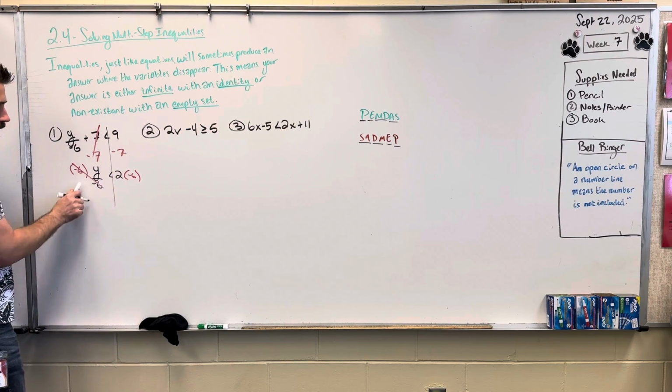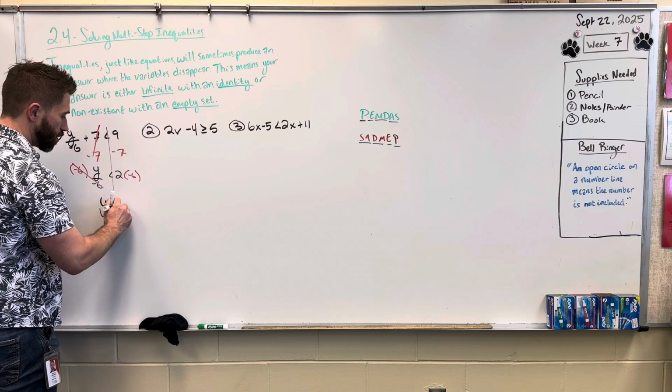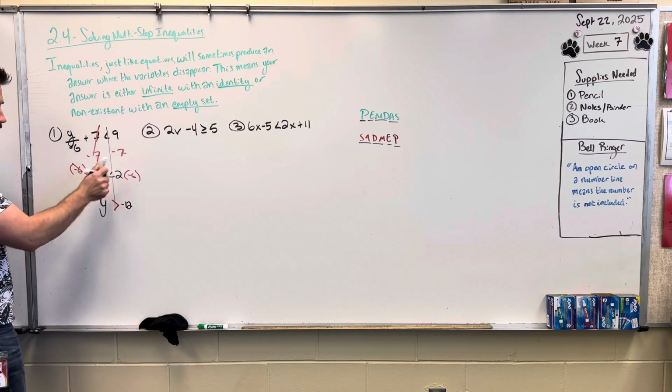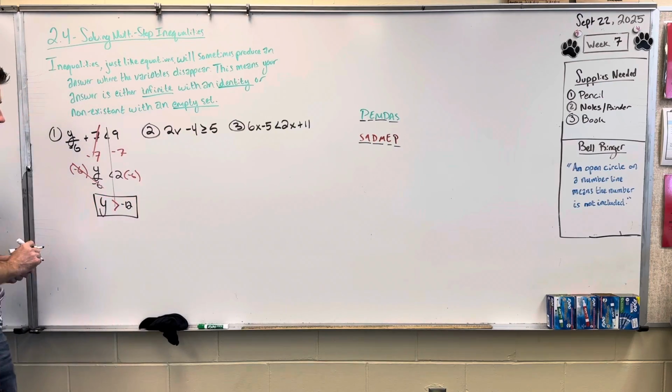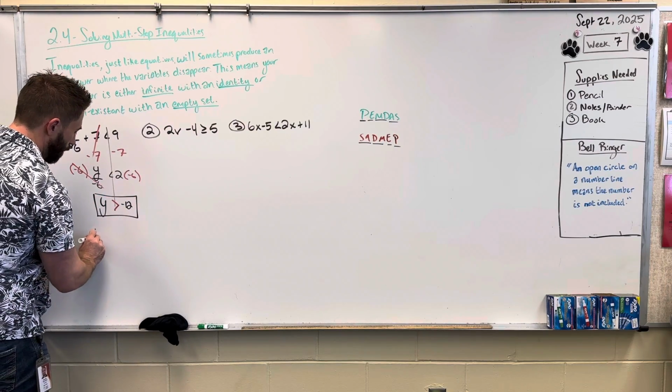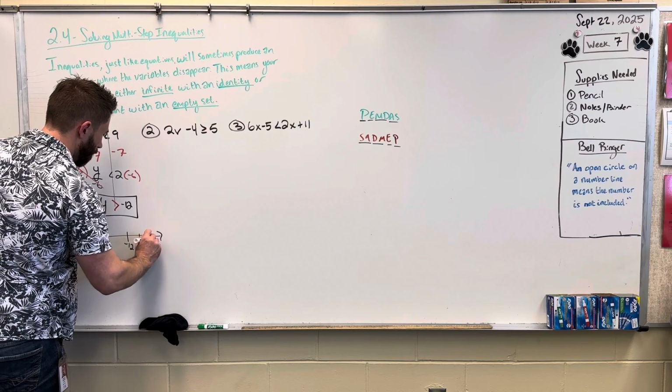That'll cancel that out. Now remember, we talked about in 2.1, when we multiply or divide by a negative, that's going to cause the sign to change direction. So instead of opening to the right, this is now opening to the left. So y is greater than negative 12. So when we take our number line, and I put my negative 12 in the center,